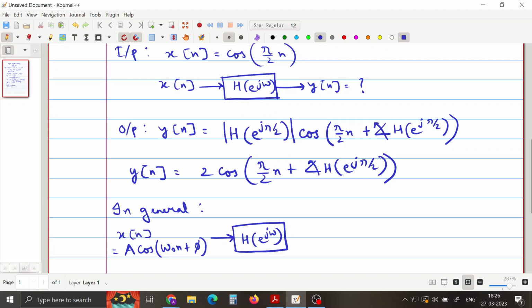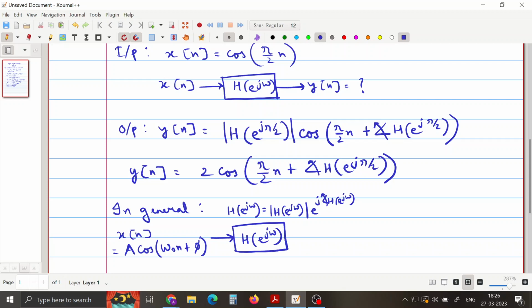Now what is this actually? This frequency response, as you know, it is a magnitude times its phase. So whenever you feed an input of this form a cos omega naught n plus phi to an LTI system, the output